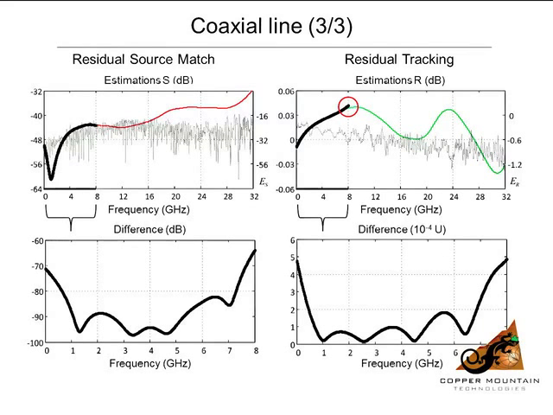And then moving on to estimates of the source match and the reflection tracking for the two frequency ranges. The results here are also quite good. At the upper end of the 8 gigahertz band, you can see some deviation of the unscented Kalman filter algorithm. This results from the fact that we only took into account measurements up to 8 gigahertz in estimating the parameter at 8 gigahertz, whereas with the full frequency range,